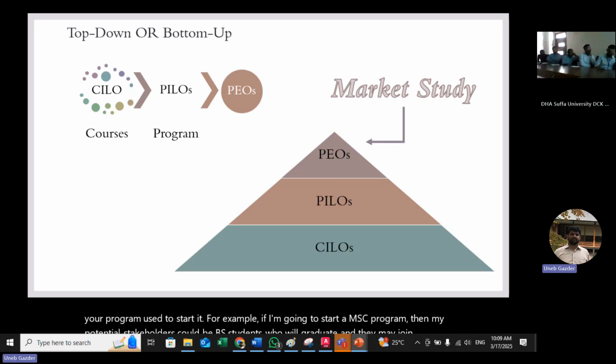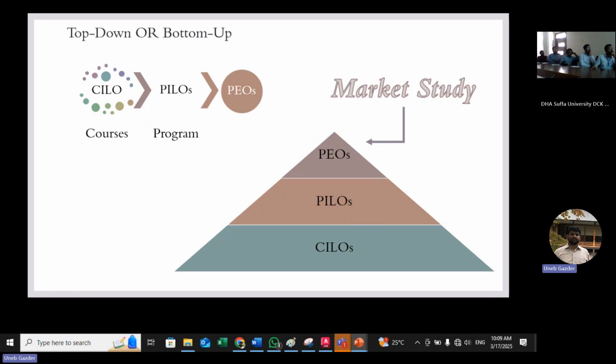They can help you start from the right approach. They can help you formulate the correct sort of PEOs. So the market study is the most important thing for starting any program. If you are not starting from a market study, then there are very high chances that you may end up developing a program which is not required. You may end up developing a program which is very difficult to